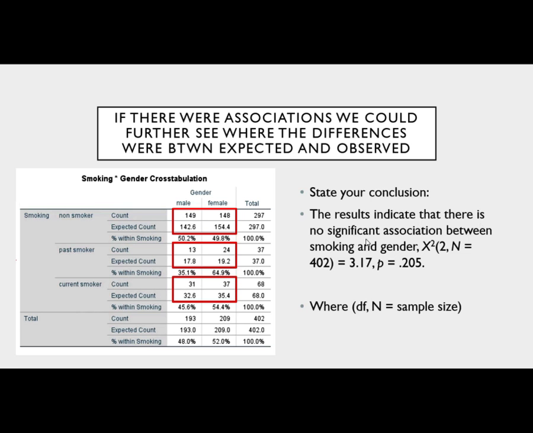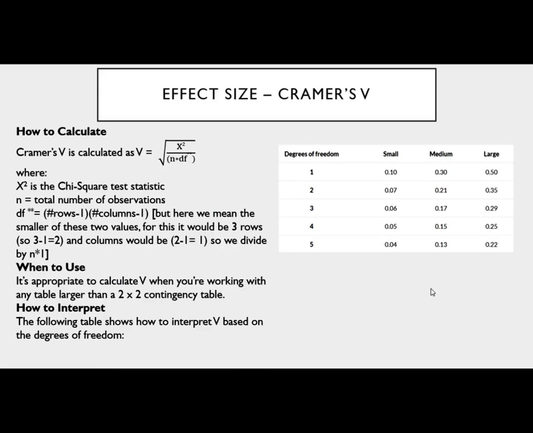So the results indicate that there is no significant association between smoking and gender, and we write it out with the degrees of freedom and the sample size. And then for a test of independence, we have a different type of effect size, Cramer's V. It's calculated as the square root of the chi-square over n multiplied by the degrees of freedom, and you can't really see it here, but I have 2 little stars,